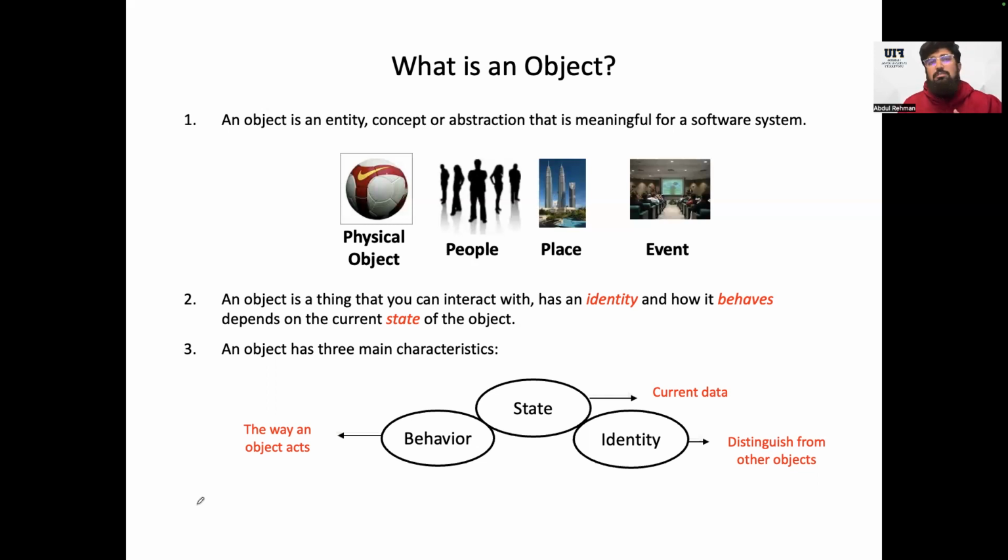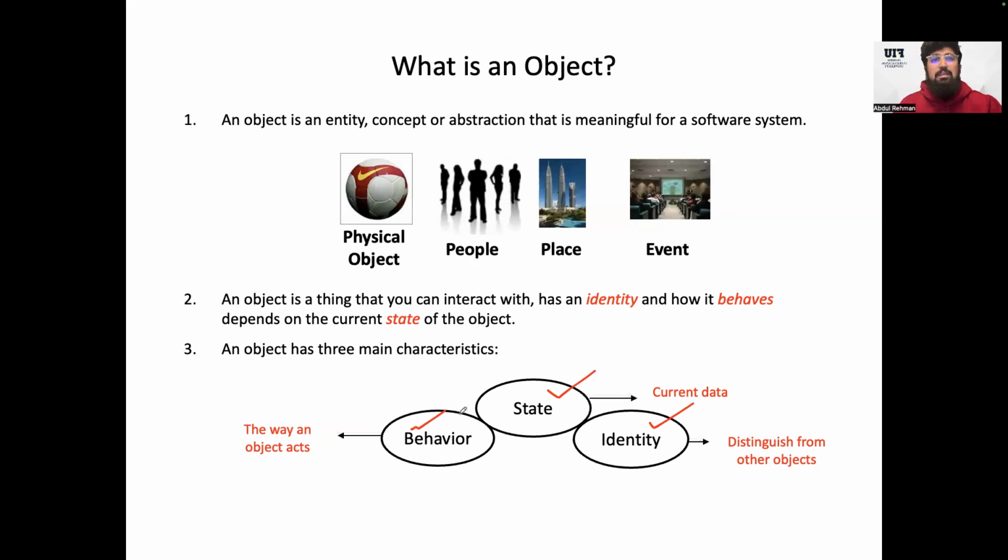Exactly in the same way, the students. A student has a name, an address, a phone number. So these are their properties. And we as a human or teacher or student behave on different occasions by using our properties. For example, I teach, you learn, and we talk, and we run, and we eat. So these are called behaviors. So I would say identity is a name, state is the properties, and behavior is the action that we perform.